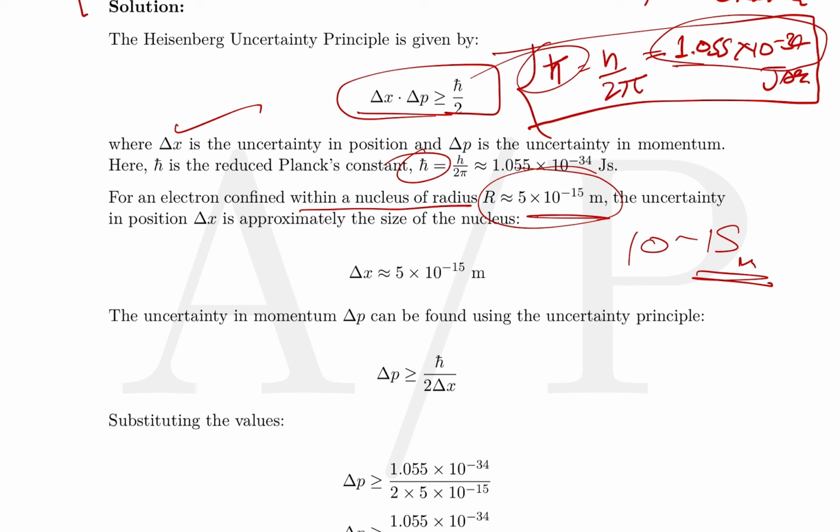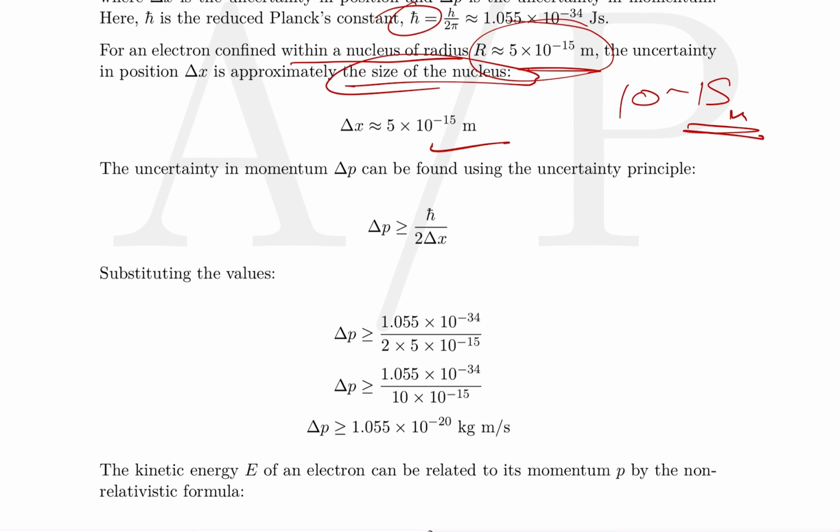The uncertainty in the position, delta x, is approximately the size of the nucleus, because the uncertainty cannot be more than the size of the nucleus. Either it has to be less than or equal to the size of the nucleus. Now we'll substitute. As I said, this concept of replacing momentum in terms of x or replacing x in terms of momentum is very frequently used. So delta p is greater than or equal to h cut over 2 delta x. Substituting the values,